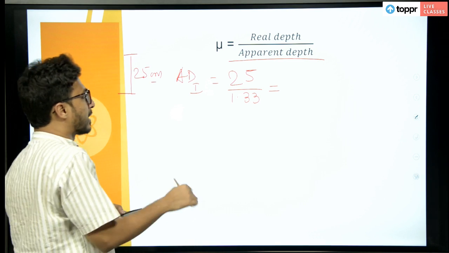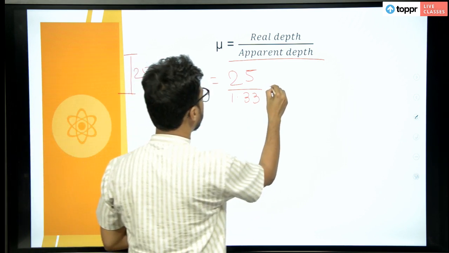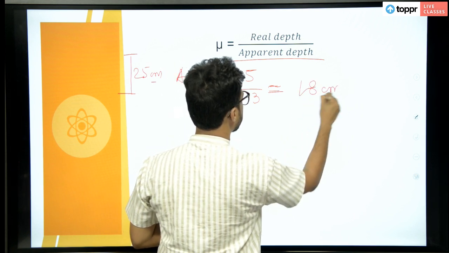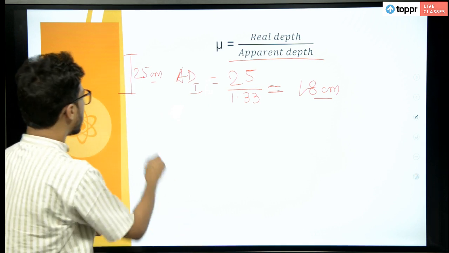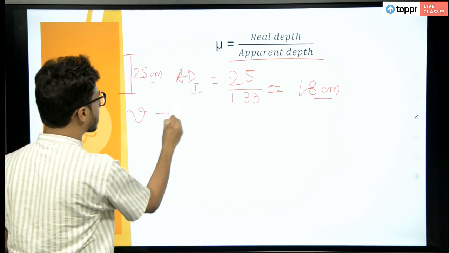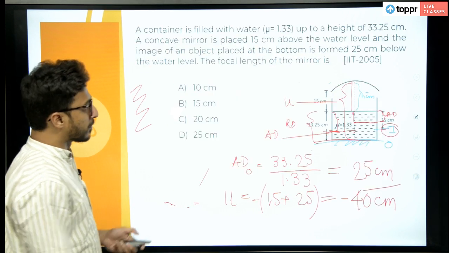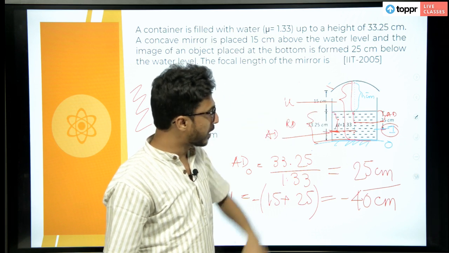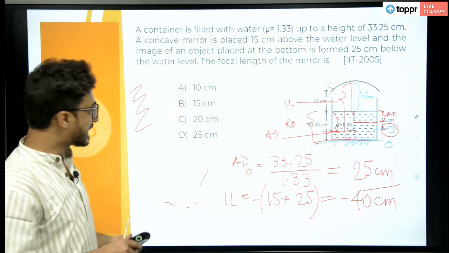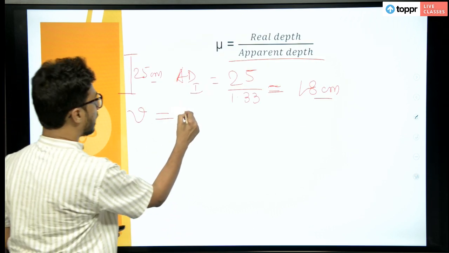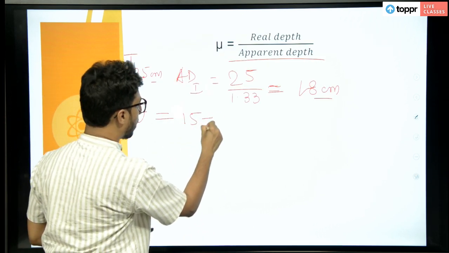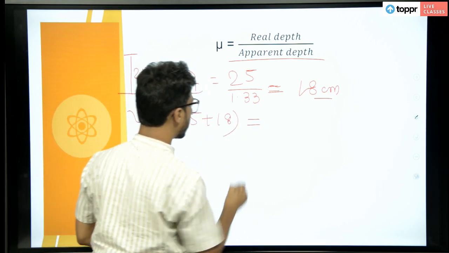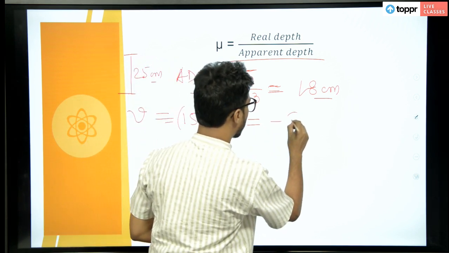If you calculate, it will come to nearly 18 centimeters. So the image distance, if you go to the previous slide, is nothing but this length 15 plus the apparent depth that we have found, 18, that is 15 plus 18. Again we are putting a minus sign here. It is coming to somewhat 33,